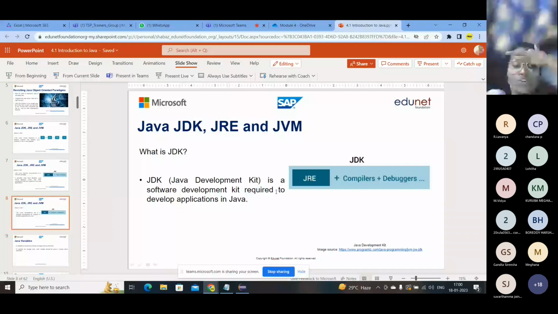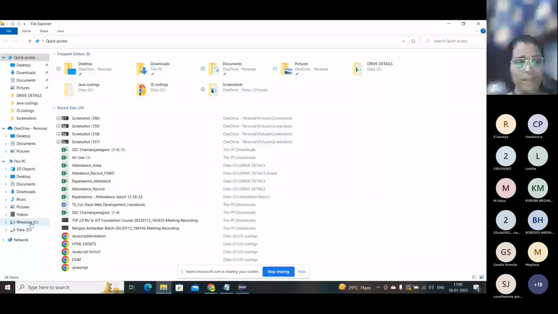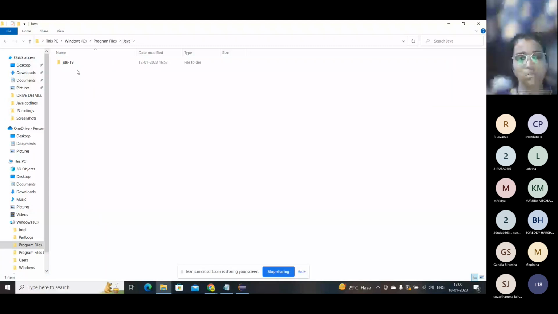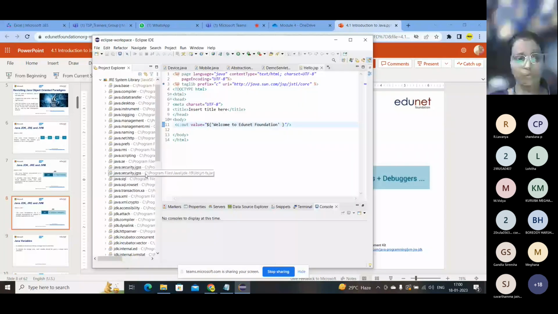It's a software development kit required to develop an application in Java. So I'll show you. So in Windows E, I have stored it in Program Files. Here I have Java. So here you can see the JDK folder. So this is called the Java Development Kit, and JRE is nothing but what is located in your program, that has the class libraries.